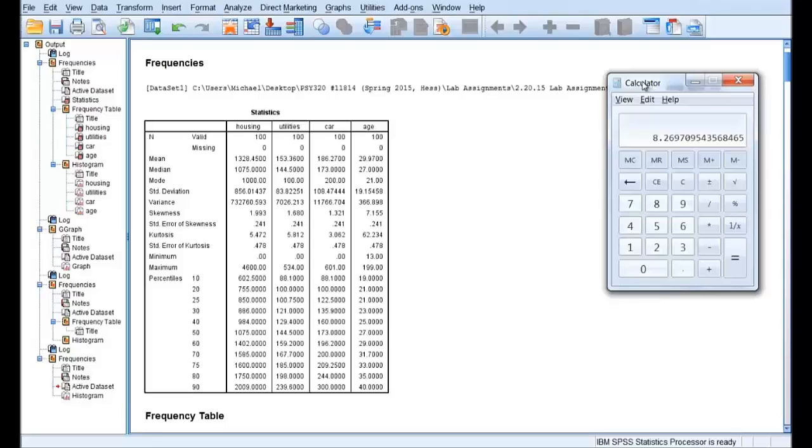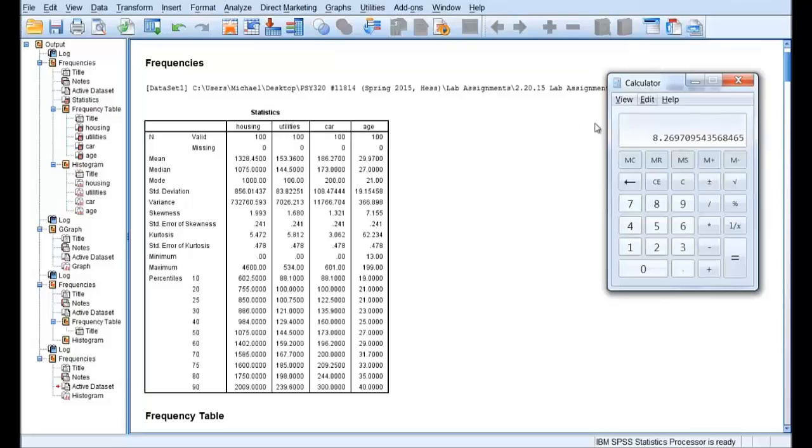Or if it's in the negatives, it will be negative 3.3. So skewness is normal between negative 3.3 and positive 3.3. What do you notice about our skewness calculation? It's 8.26. That just means it's very, very highly skewed in the positive direction. If this was a negative 8.26, it would be very, very skewed in a negative direction. So dividing this number, skewness, by the standard error of skewness gives you an overall picture of how skewed